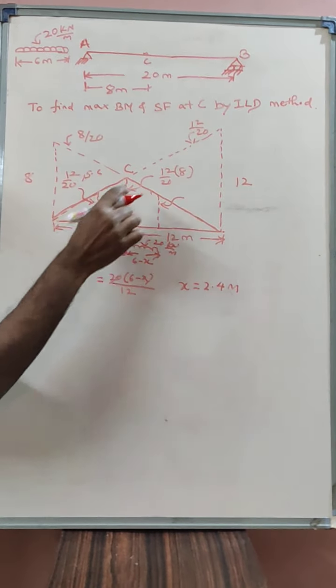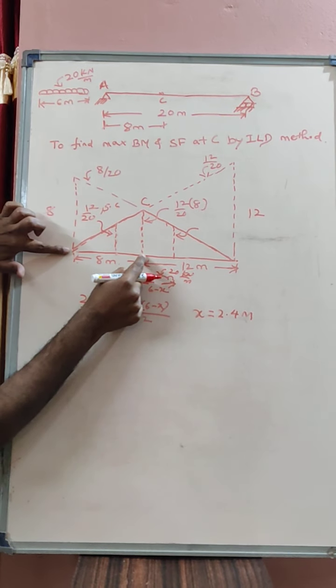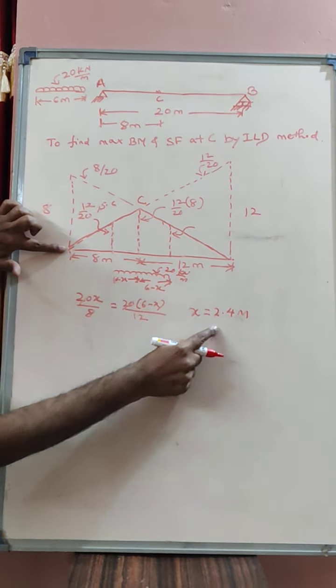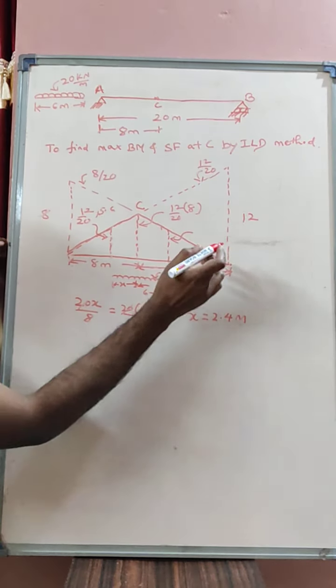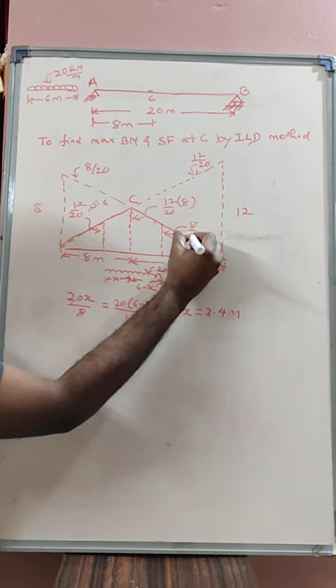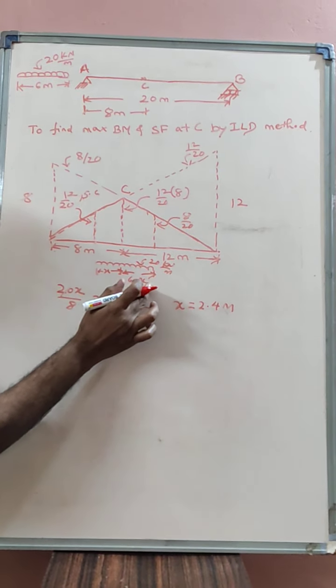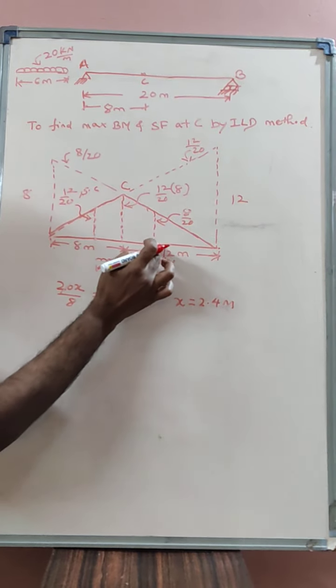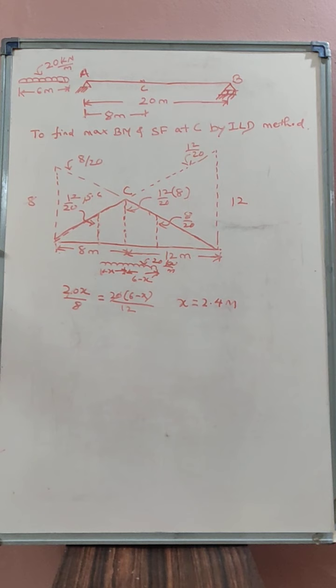This ordinate is the slope of the line, 12 upon 20, into the distance. This is 8 meter, so 8 minus 2.4, that means 5.6. Similarly, what is this ordinate? The slope of this line is 8 by 20 into the distance. This is 12 meters. 12 minus 6 minus x. This is 6 minus x because this is x. So 12 minus 6 minus x, that comes to